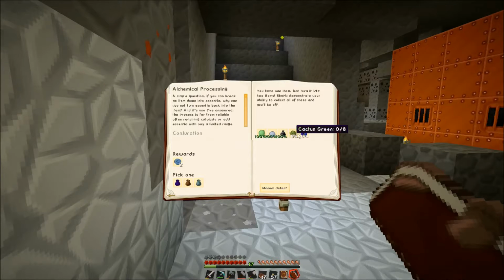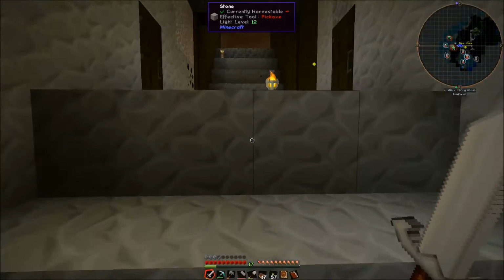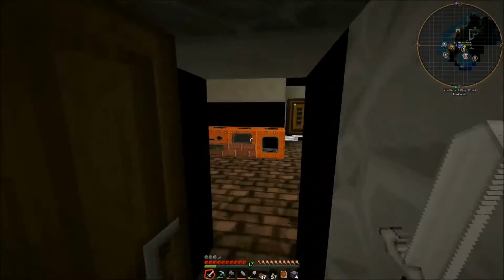For alchemical processing, I got some cactus, and I did manage to find some lapis ore. So I don't have a ton of it, but I think I have enough for this quest. So yeah, 14. I had like what, 1 last episode or something. So let's go ahead and cook up this cactus